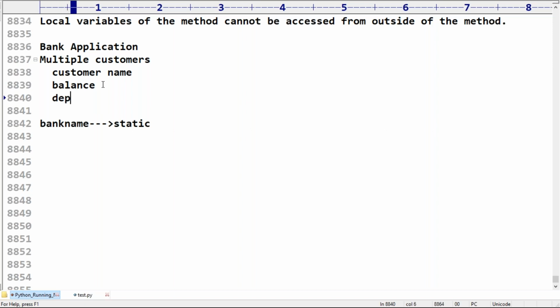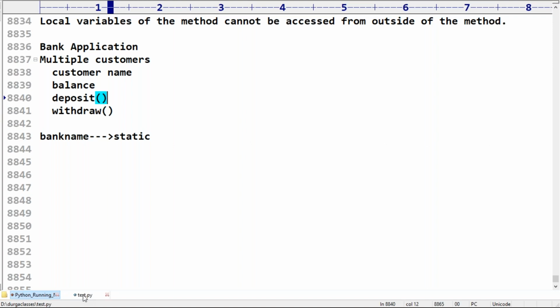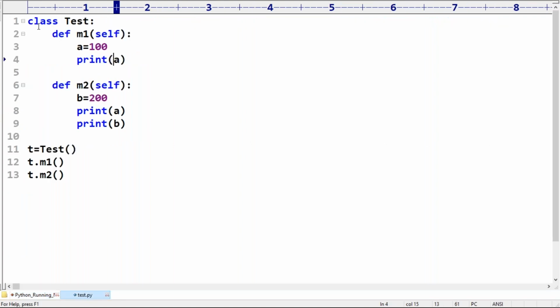Either a deposit operation or a withdraw operation. Let me go for a small example to demonstrate these things, so that you can feel more comfortable.